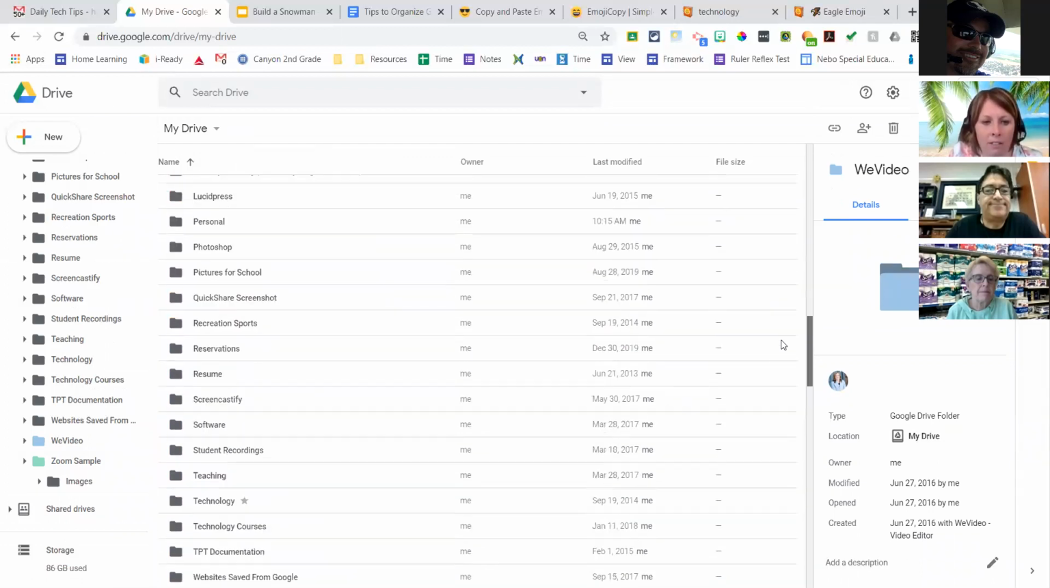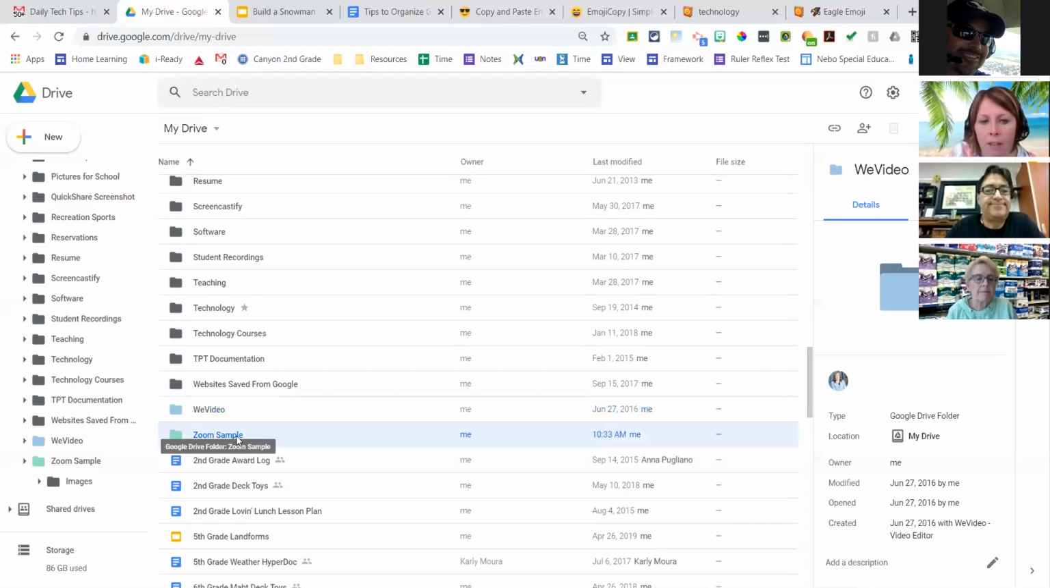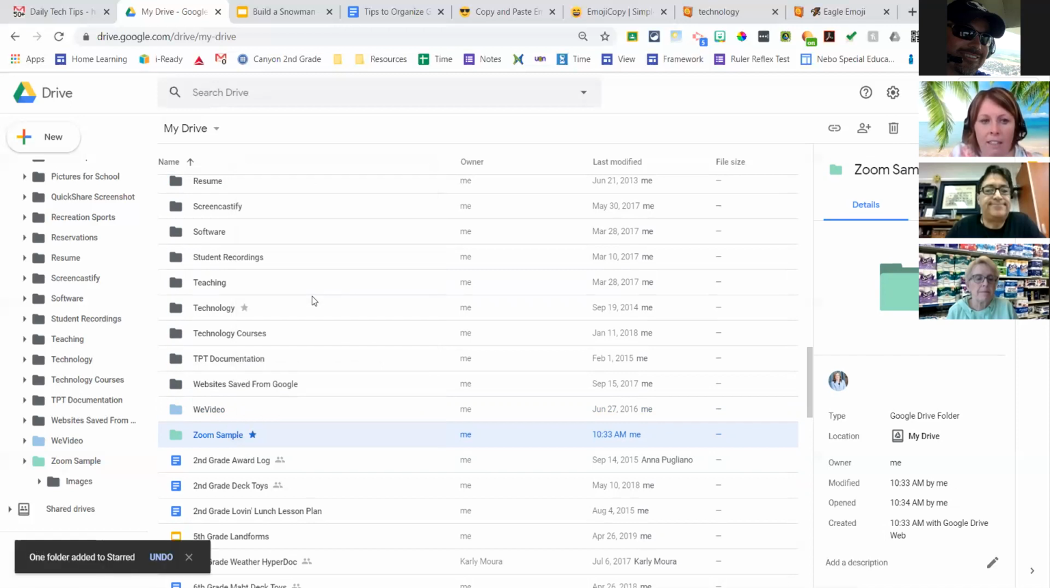So I'm going to come back down to my Zoom file. The next thing I want to show you that you can do is add a star to a folder or a file. So this Zoom sample, if I want this to be a folder I find easily, I'm going to right click, and I'm going to come here and add to starred. So if I click add to starred,